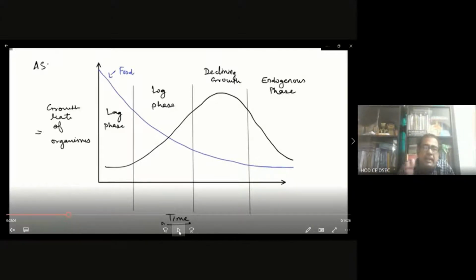Suppose in the log phase there is an increase of 4 numbers of biomass; that will decrease to 2 numbers. It is like this. And if it continues, at a time there will be no sufficient food at all, and the biomass will just synthesize their own cell, because the food is already present in the biomass cell. From that cell they will take the energy and synthesize, and the metabolism will occur from their cell itself, because they will not get the food. That is called the endogenous phase.